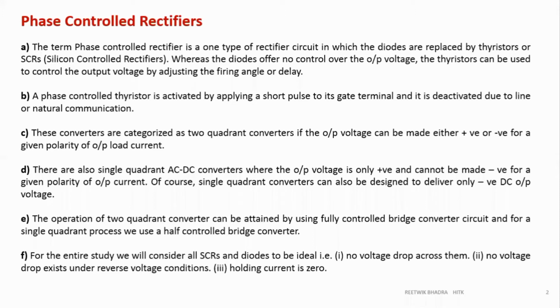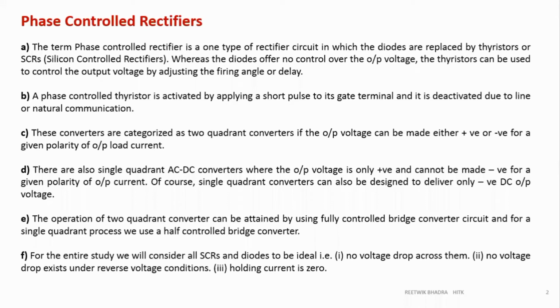Now, why are we calling it phase control? Because previously what you studied was using diodes. In that you couldn't control the output voltage, but now we have a provision of controlling the output voltage because we have a thyristor. I hopefully you know what a thyristor is, because whenever you give a gate pulse, we had already discussed this, and you also had a first module discussion about thyristor. So whenever you give a gate pulse, only then the thyristor is on, provided that the breakover voltage is not reached. If you reach the breakover voltage, then there is no need of a gate pulse. But reaching the breakover voltage means reaching huge kilovolts.